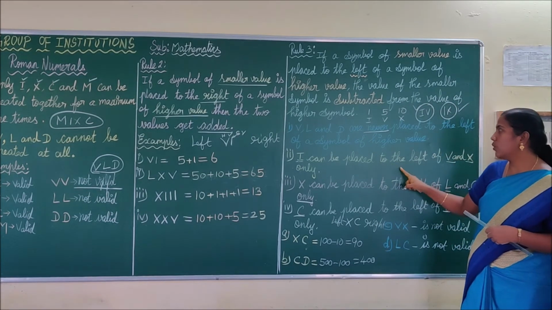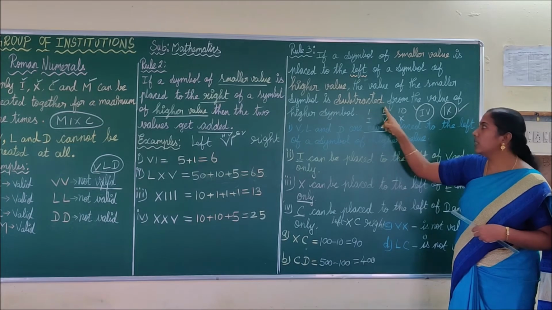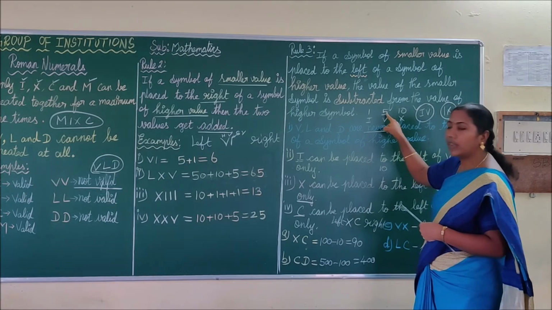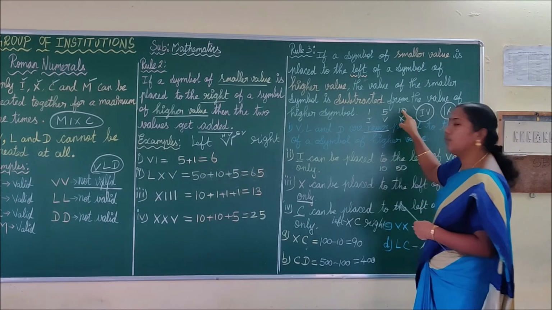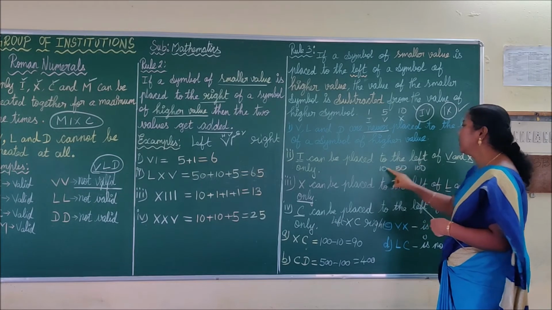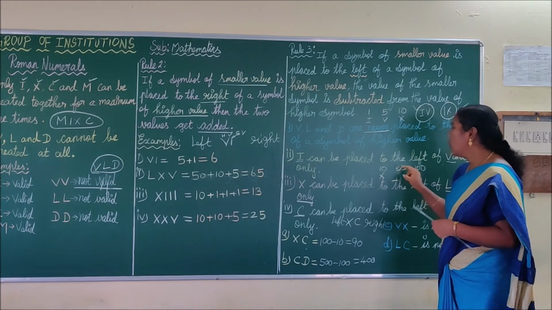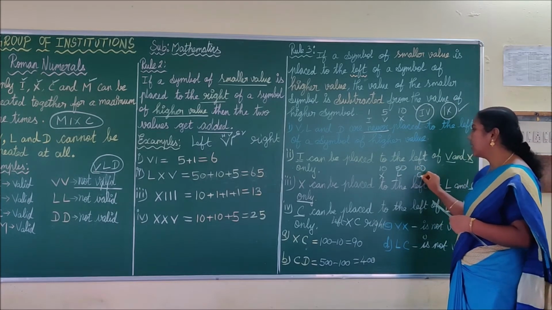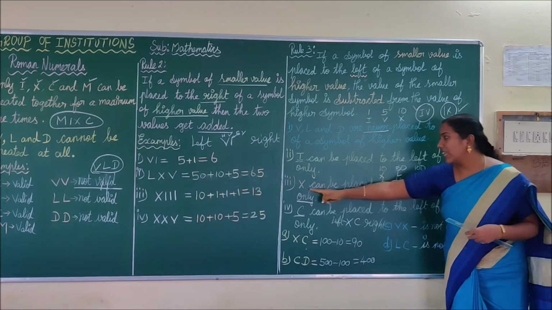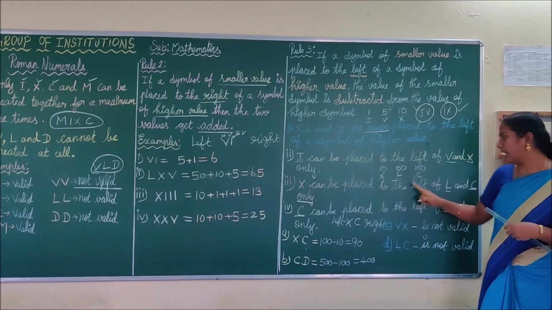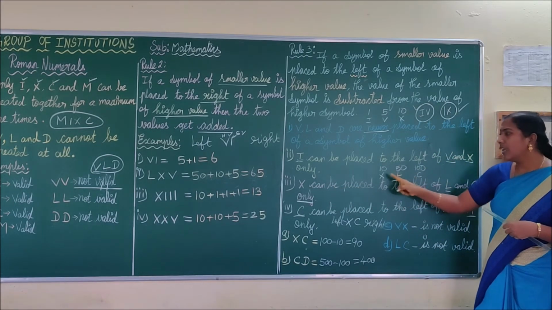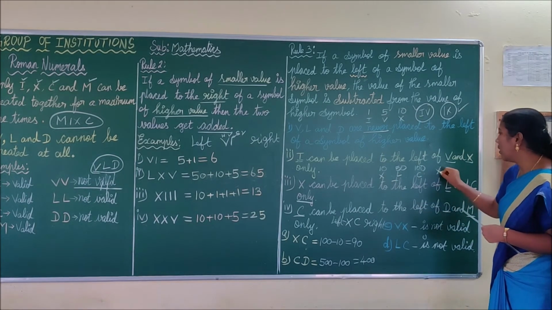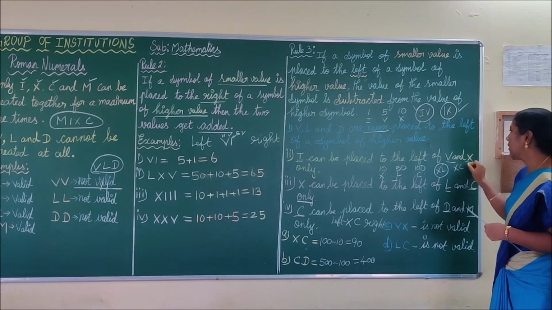Okay. What is the next one? Now you have to add 0 to these elements. That is, add 0 with 1 you get 10. Add 0 with 5 you get 50. Add 0 with 10 you get 100. What is the symbol for 10? X. What is the symbol for 50? L. What is the symbol for 100? C. Thus, by this rule, X can be placed to the left of L and C. See here, X can be placed to the left of L and C. Thus, XL, XC. These are valid symbols.